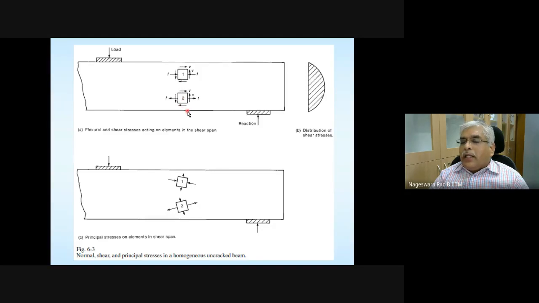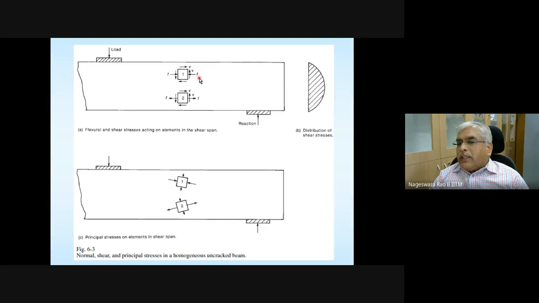Now I am interested in how the shear stress is going to vary across the depth of the section. So with the formula I showed you, if you calculate shear stress at various points along the depth of the beam, the shear stress distribution is going to be like this, parabolic. For a rectangular section, shear stress distribution is going to be parabolic. You keep a note of it, okay?